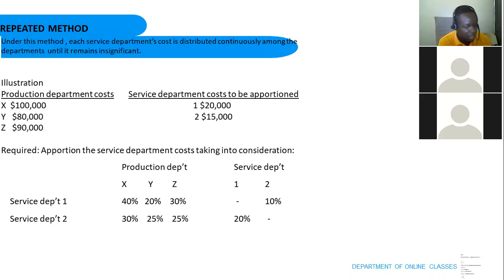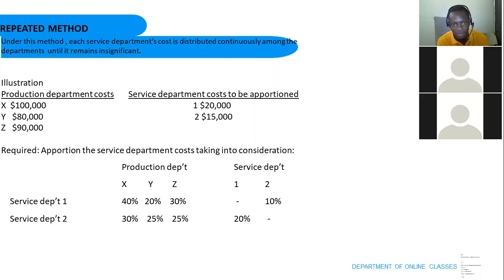This is a sample question before us. Bear in mind that I said earlier that there are instances where we may have two or more service departments